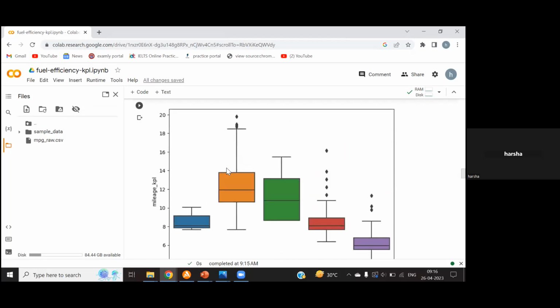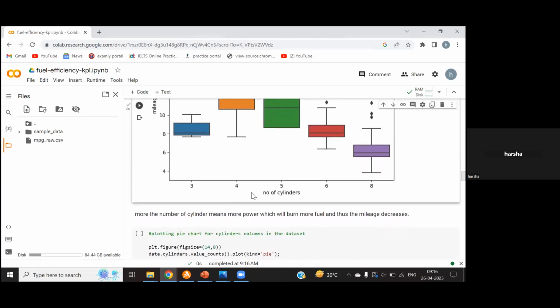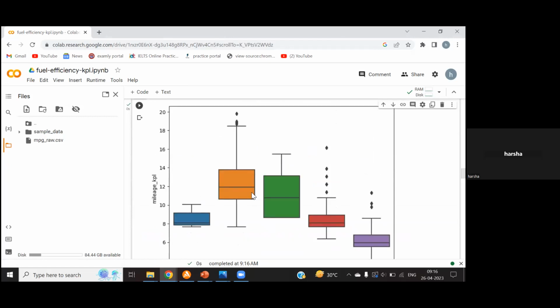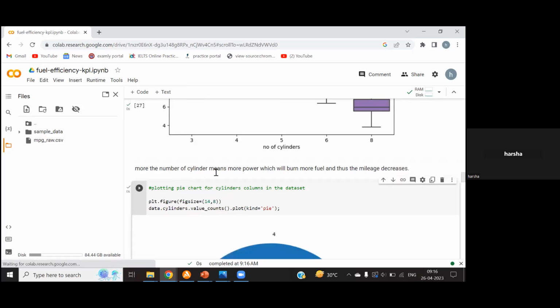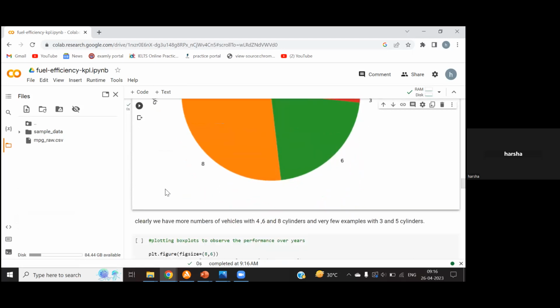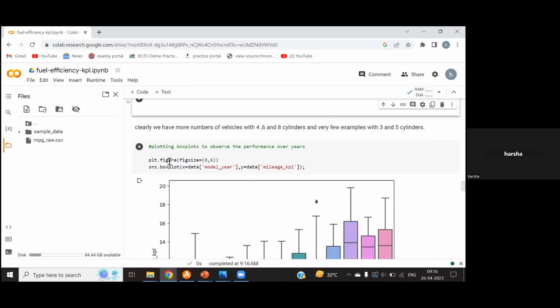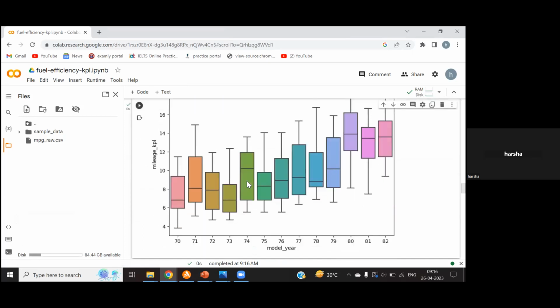We also plotted the same type of graphs for mileage and number of cylinders, like what is the impact on mileage if the number of cylinders is more. Here, the more the number of cylinders, the more power will be burned on the fuel, so mileage decreases, as it's natural, right? If it has high power and high cost, the mileage will automatically be less. Next, we have plotted the pie charts for the cylinder data sets. This pie chart shows the same things, and these are all data visualization tools for better understanding of the model. Plotting the box plot also helps us observe performance better. And after that,